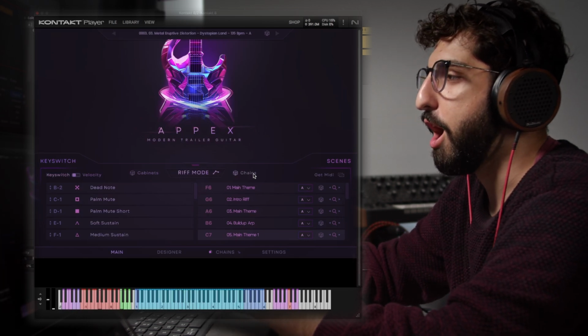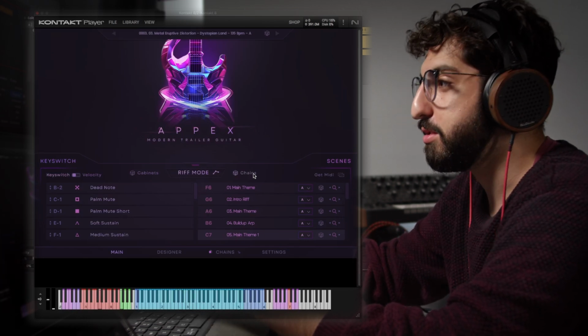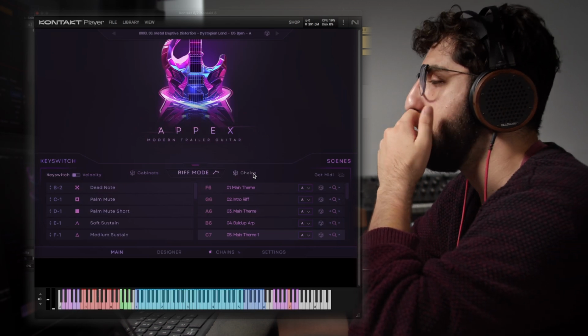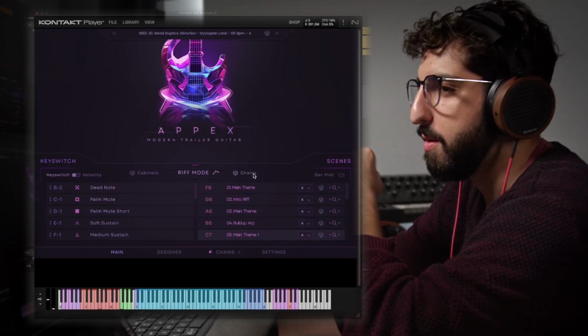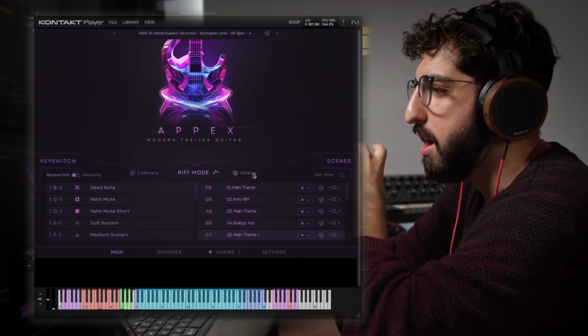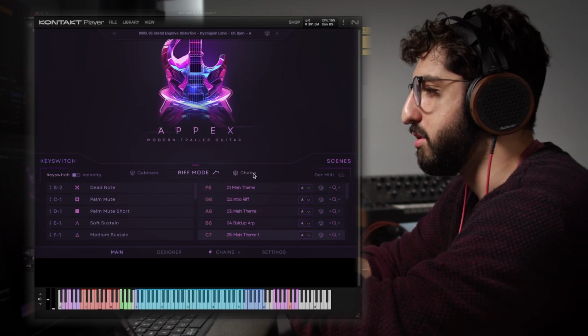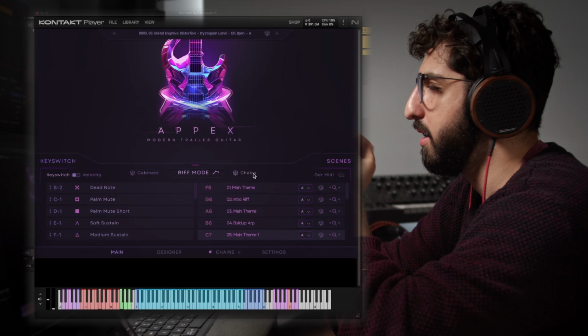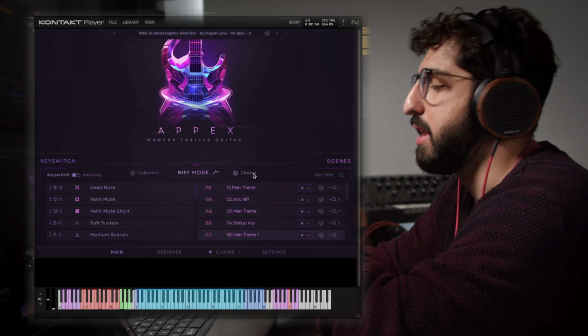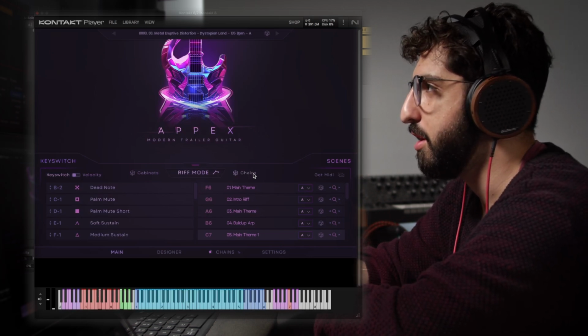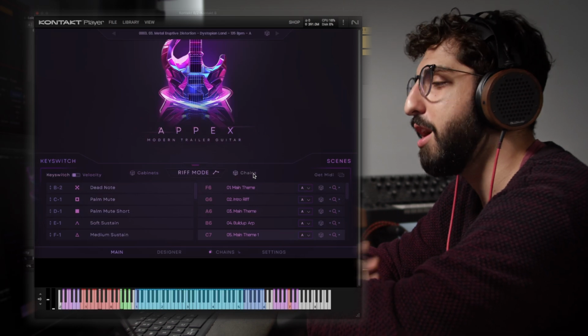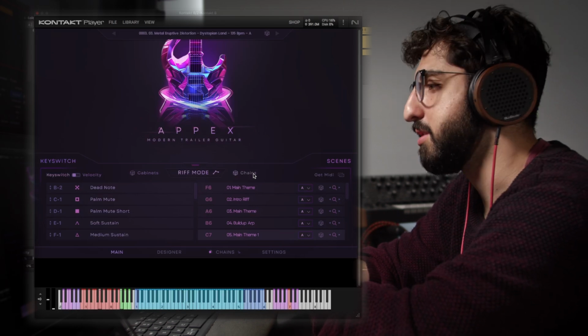We went from this kind of high gain, metal, dystopian land as the preset, and now we're in a much cleaner state. One of them was a more fuzzy one. The cabinets went from that very metal sound, I think one of them went to a bit more of a low gain one, and then I changed it again. So if you're opening this and you're trying to find inspiration,